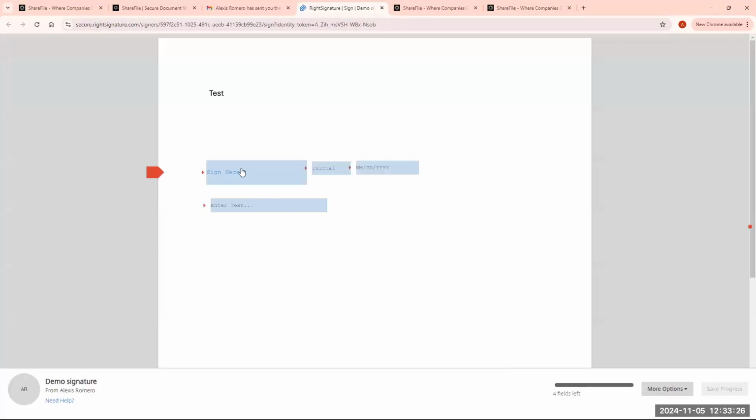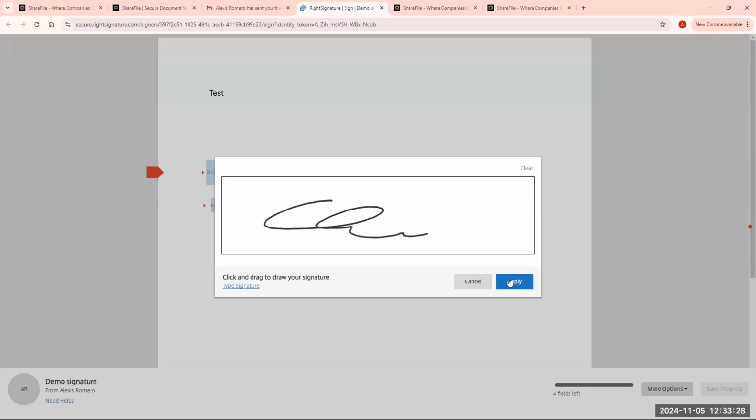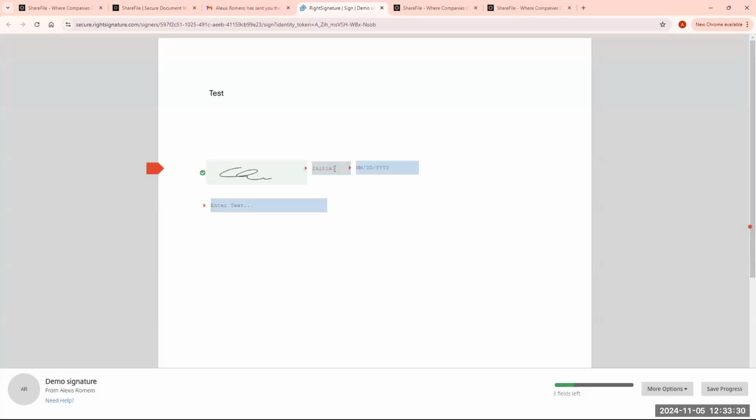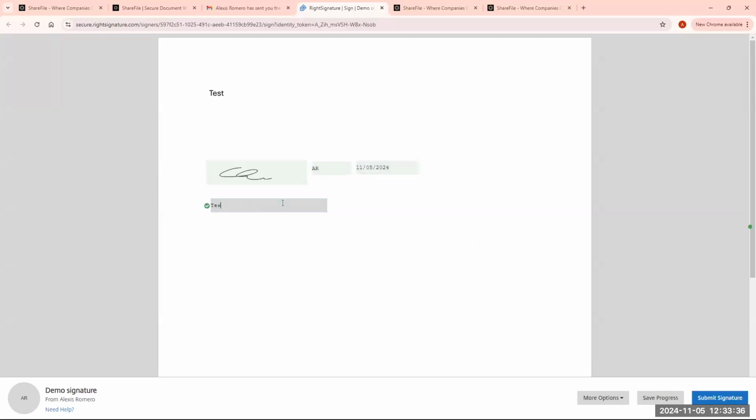We have some instructions at the very beginning. So remember the fields that I selected. A date, initials, and a text. I will select test. I will click on submit signature, submit,